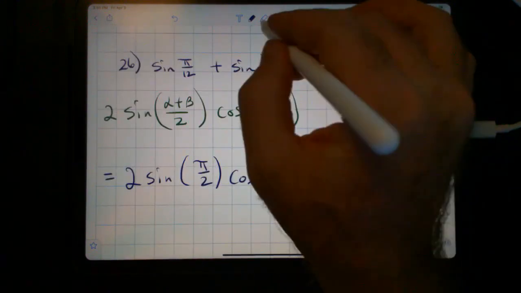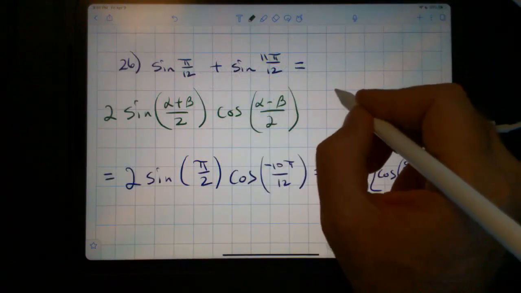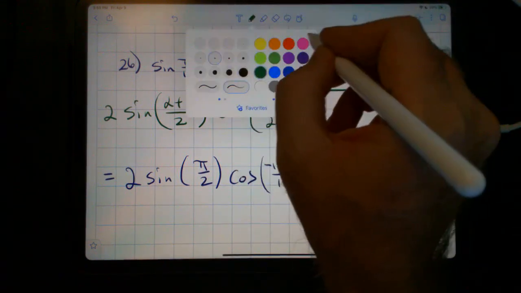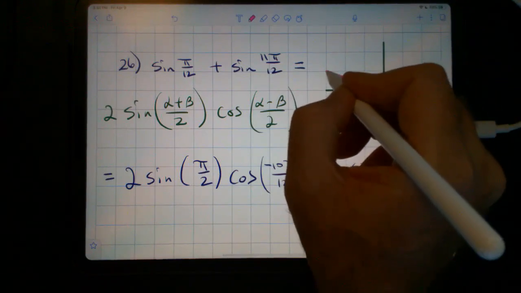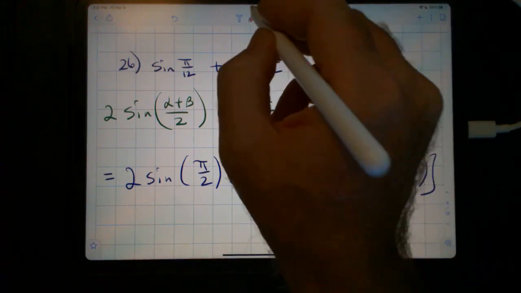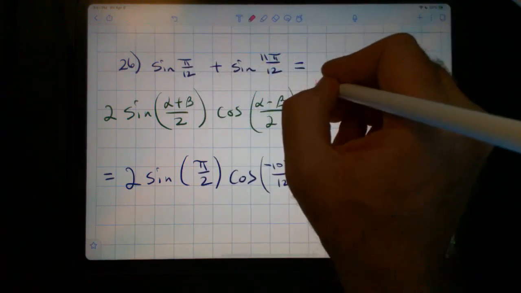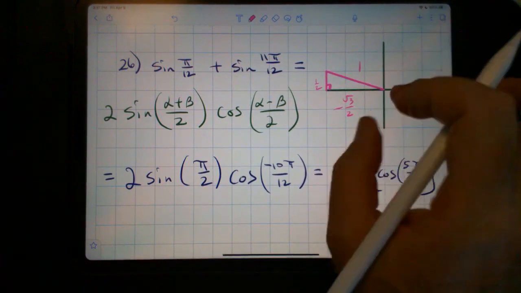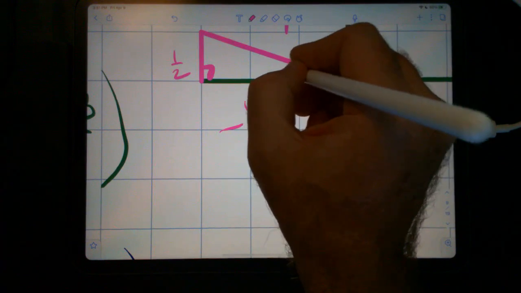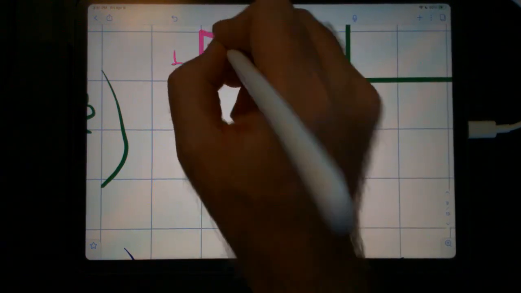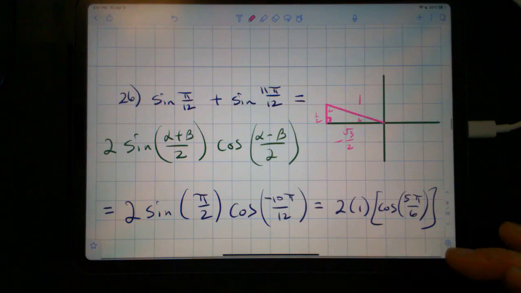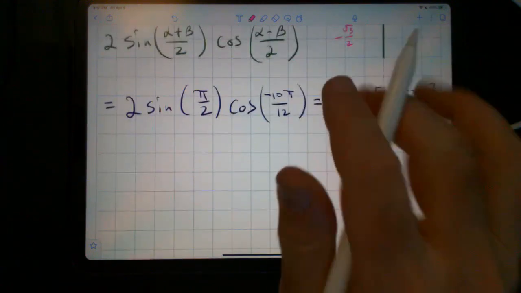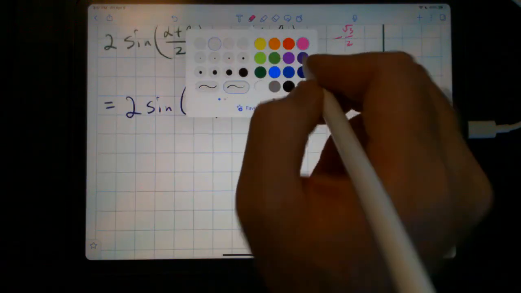Five pi over 6, we can figure this one out, because this would give us 30 degrees on the inside with 60 degrees on the top side. So cosine of this value is negative radical 3 over 2. So all of this is equal to